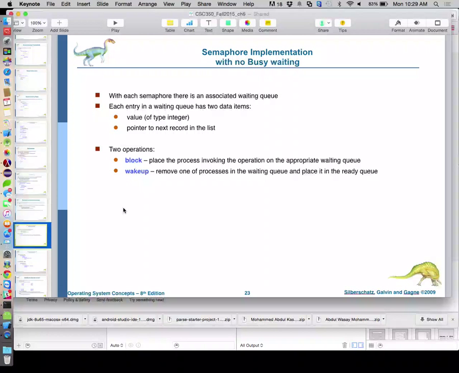Right, so we want to maximize the use of the resource, but we also want to maximize the productivity of those waiting for that resource, and that's where that mutual exclusion stuff comes in, where there are things they could be working on that aren't reliant on the use of this resource. We want them to be able to go and work on it, but also make sure they come and get the resource when it's available, but not waste all their time checking to see if it's available.